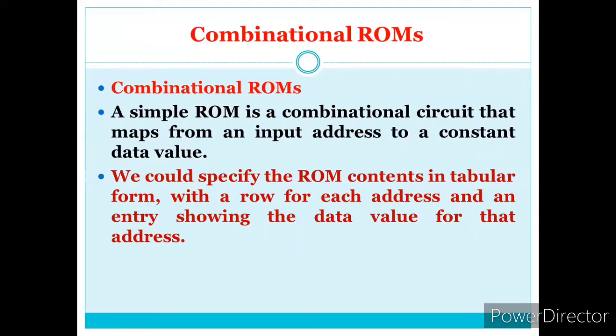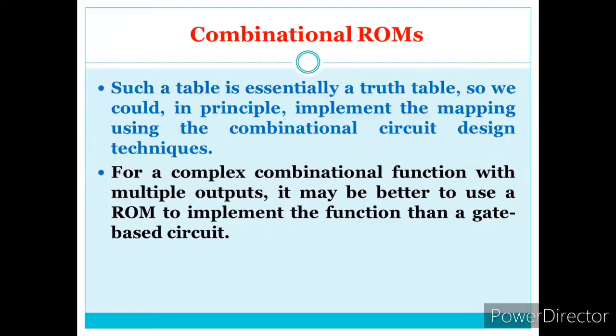So we could simplify the ROM content in tabular form. The best way to analyze is that whatever the constant data is, it has to be stored in a tabular form, and each row has a unique address representing that particular data. That table is a truth table, because if you observe any combinational circuit, when you want to verify it, the truth table plays a crucial part. Take an AND gate or any basic gate with n inputs, we have a truth table for that. According to the truth table, whatever combinational circuit we design, each unique address stores the particular value of the function.